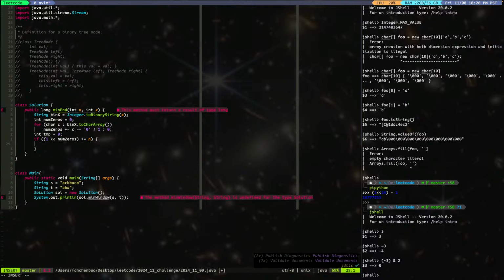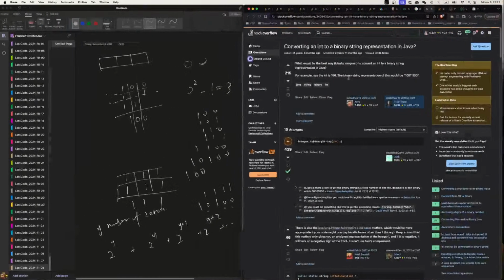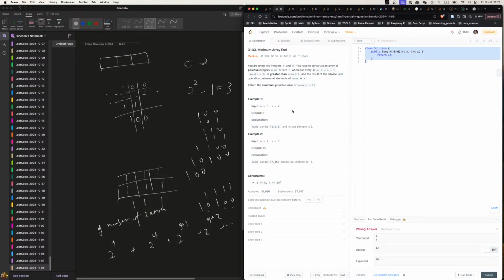So if one left shift num zeros is large, so we have enough, right? Then the number is going to be n. Like in this case, we have n equal to 3, so the final one is going to be,